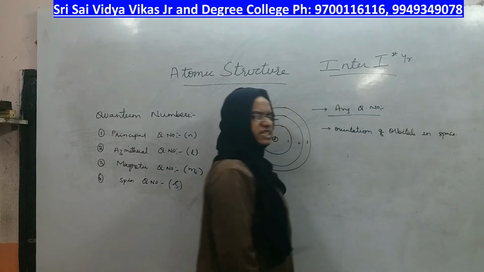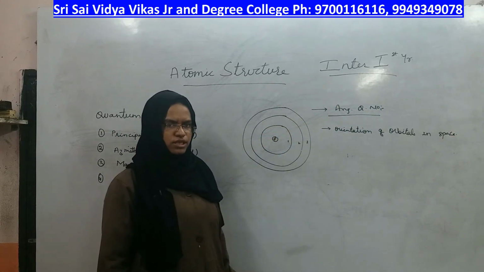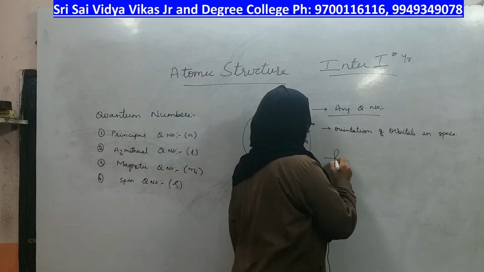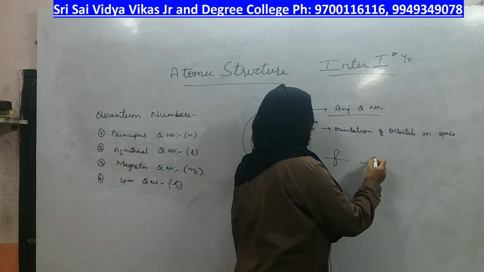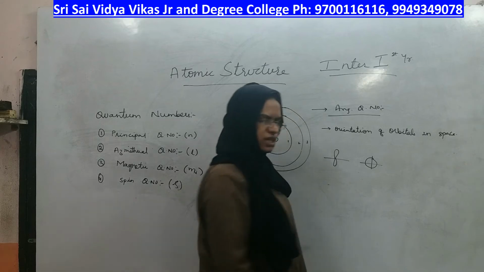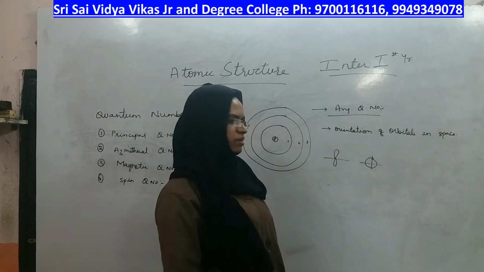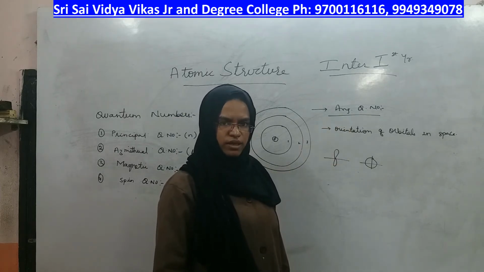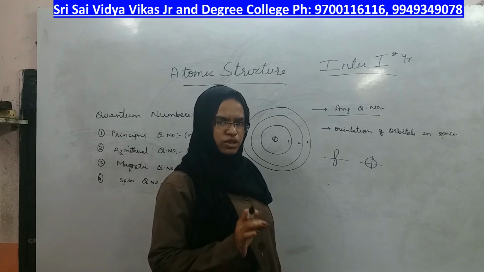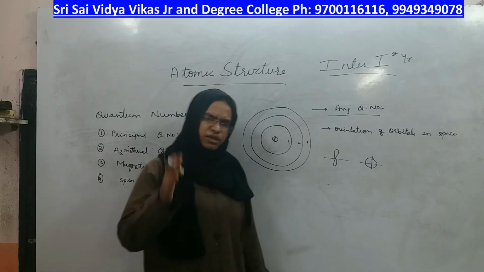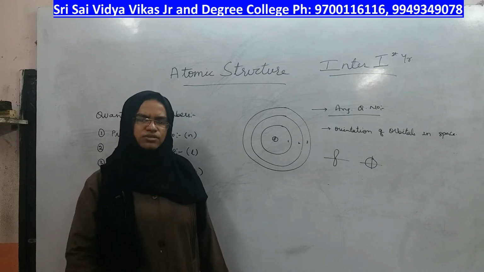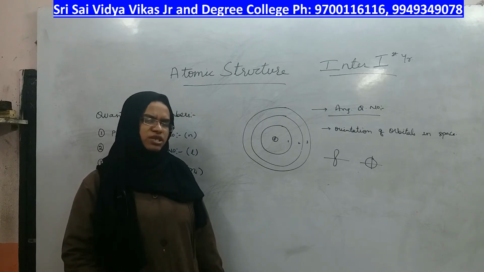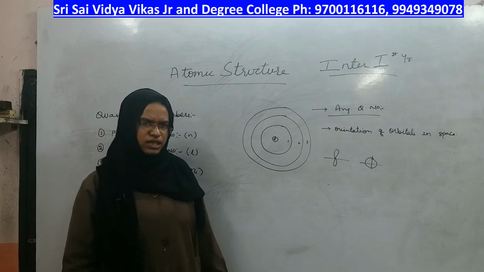That means in which direction the orbitals are oriented in space. Is it in the x direction or the y direction, or are they present in the form of a spherical shape, or in the form of double shells? That is the way we represent the angular momentum quantum number. In a main shell there will be subshells, I told, right. Those subshells are nothing but orbitals. In each subshell there will be many orbitals. How many orbitals each subshell has, that also we will see.